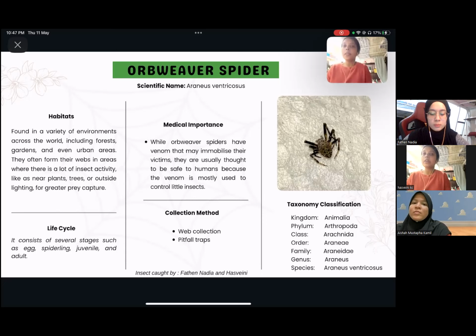And it consists of a variety of stages such as egg, spiderling, juvenile, and adult. This species has venom that may immobilize the victim, and they are usually thought to be safe for humans because the venom is mostly used to control small insects. And the collection method here is web collection and pitfall trap. And those are the taxonomic classification of that species. So next is the